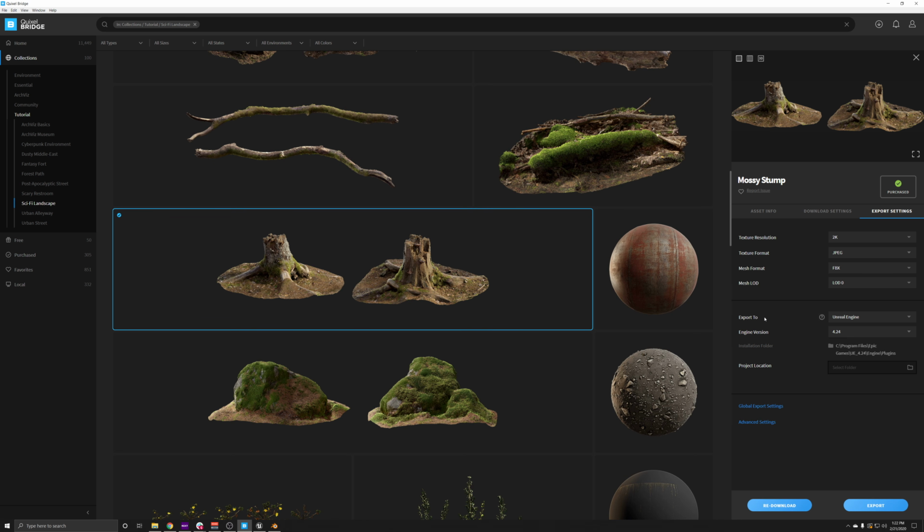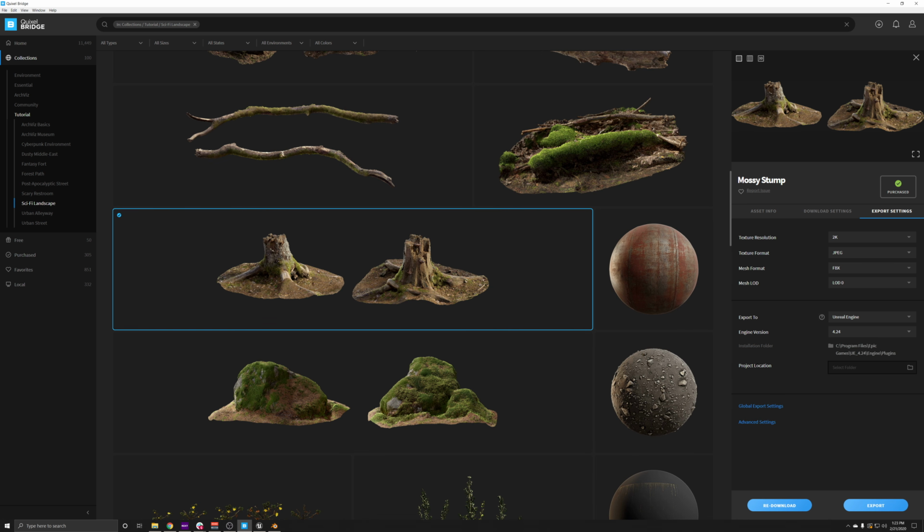The next big thing with Unreal Engine that you have to make sure of, when you're exporting to it, is that you have the correct engine specified, and that the installation folder for that plugin goes to the appropriate location. As you can see here, I've already got mine installed, so this location goes into the plugin folder of that specific engine's version. If you try to open up version 4.23 and you're exporting here from 4.24, you're going to get some errors and it can be frustrating. So just make sure that everything is lined up and you really should be good to go.